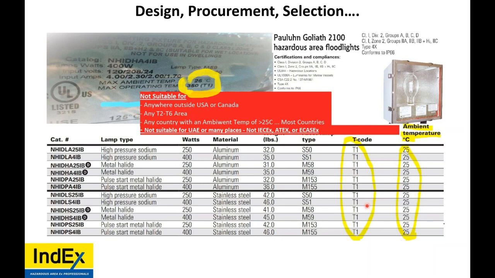Then there was also the question of the selection of this light. With a T1 rating, this light can get up to 450 degrees or greater. Why wouldn't an LED be chosen? That would be a better option, it would seem. Also, this light was North American rated, but not certified for ATEX or IECEx. So its range is really limited to portions of the US and within Canada. This light has a significant potential for source of ignition. It gets very hot.